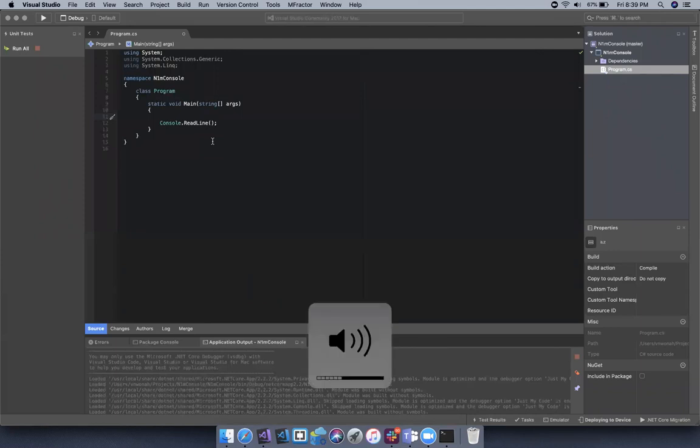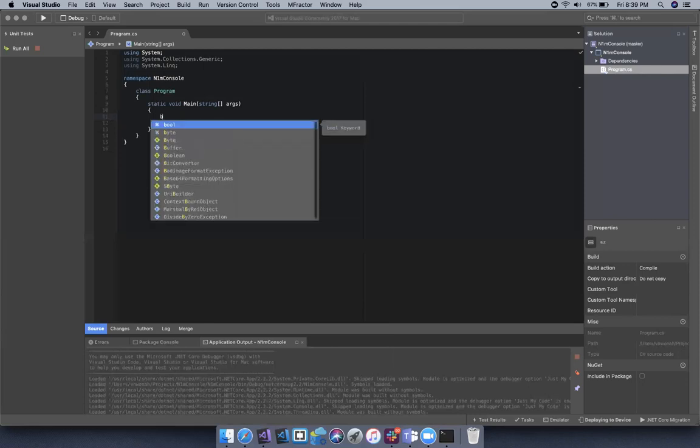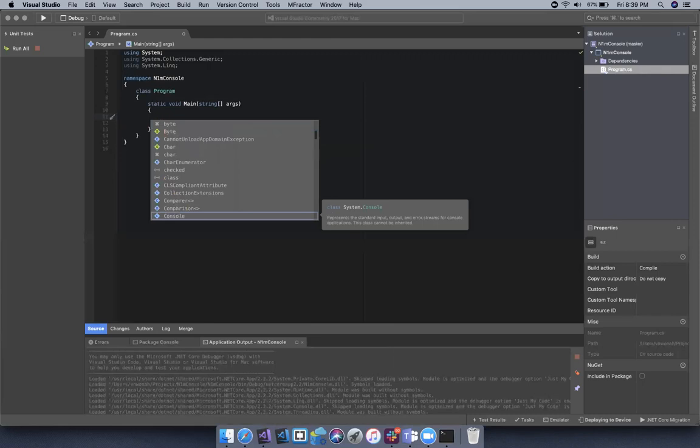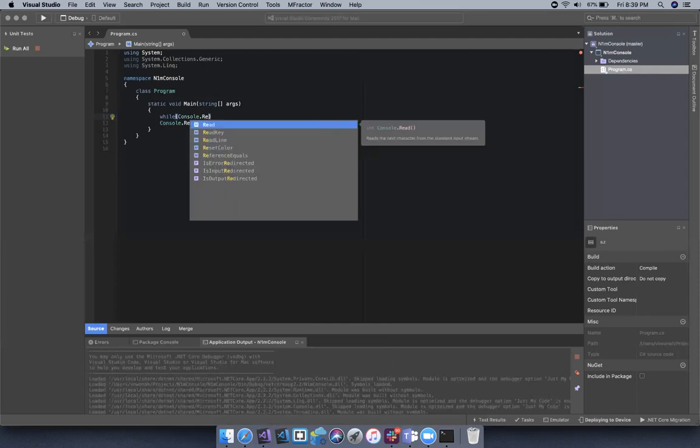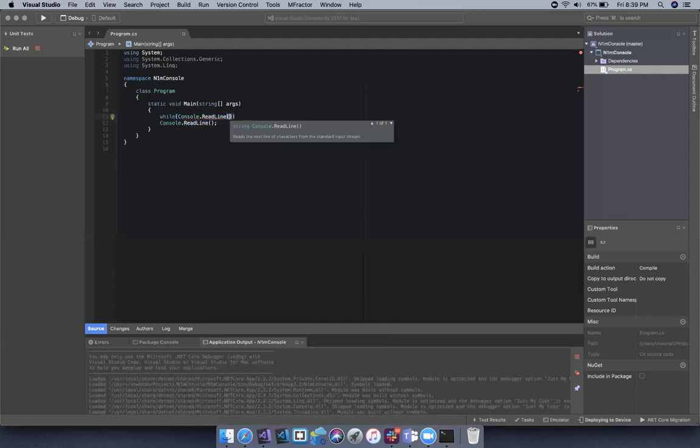So I'm going to start with a special kind of loop. I'm going to say string inputs equals